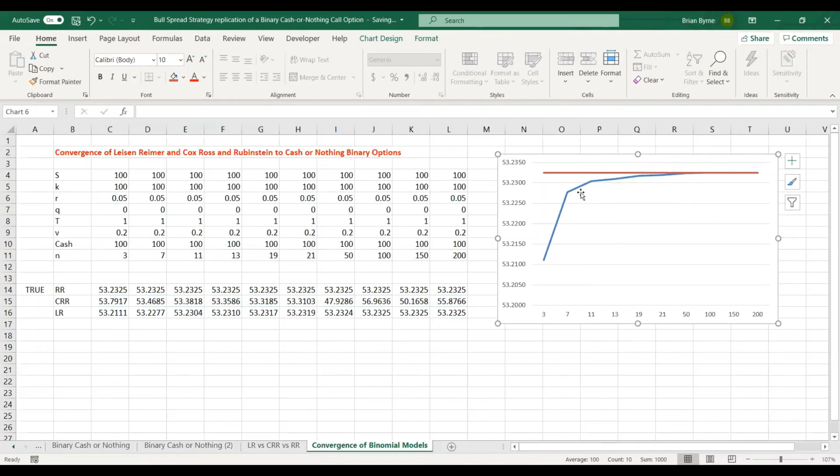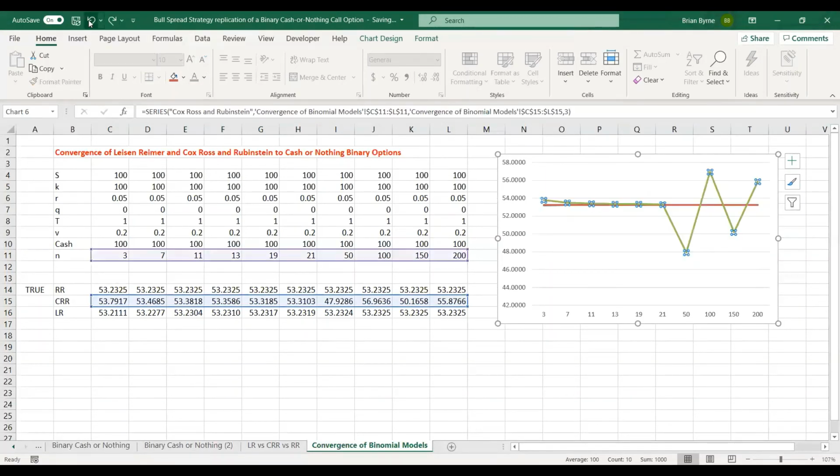It's very close, and at 100 steps, it's virtually indistinguishable, perhaps even at 50 steps. But if we include Cox, Ross, and Rubinstein again, there does appear to be some convergence, but then we note that as we increase our step size, the level of convergence starts to worsen,